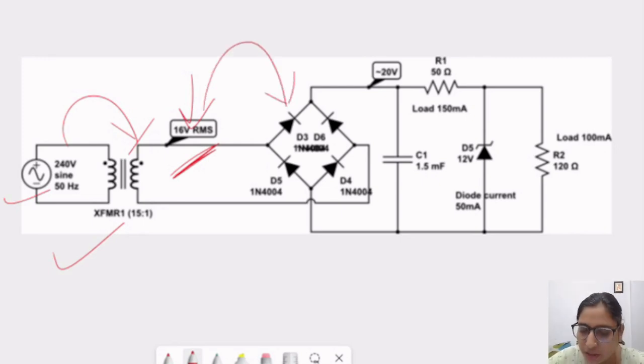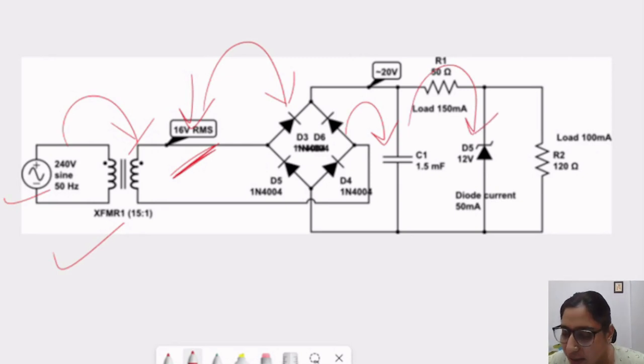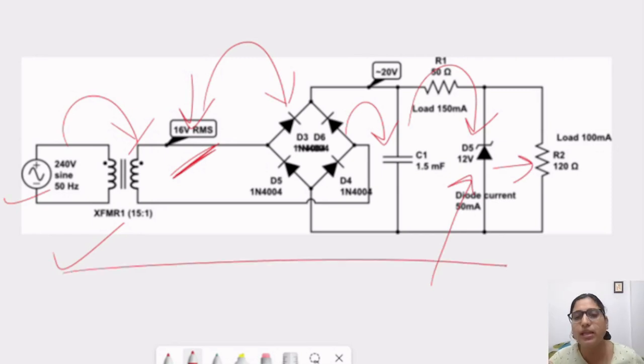After that the bridge rectification is used. It will rectify the negative half and we will get the full wave rectified output. After that a capacitor is used. Capacitor is nothing but a peak removal. It removes the highest peaks or ripples here. After that we use the Zener diode as a voltage regulator, and in this case 12 volt regulation is needed, so 12 volt we will get in the output. So this is the full diagram of how a regulated power supply works.